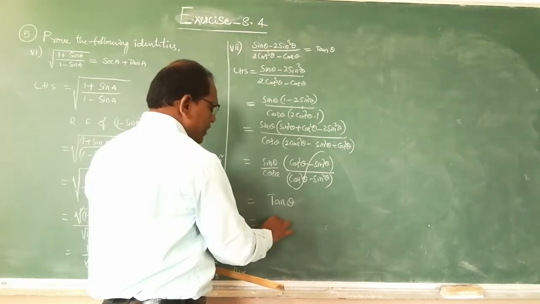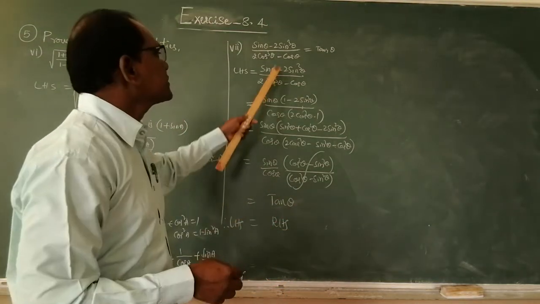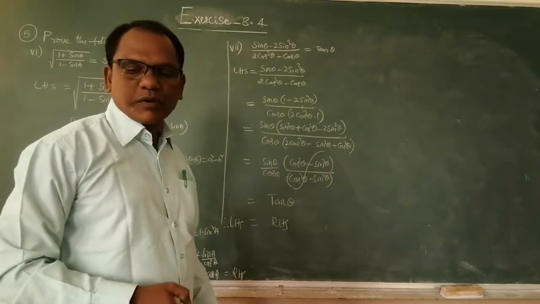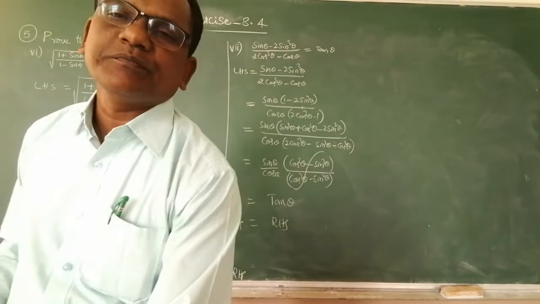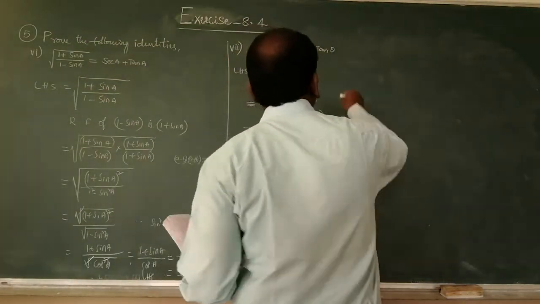This is equal to RHS. Therefore LHS equals RHS. So this is the seventh problem. When we come to the eighth problem, the eighth one is